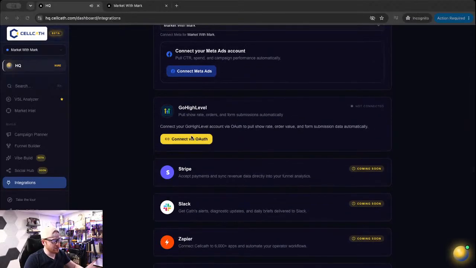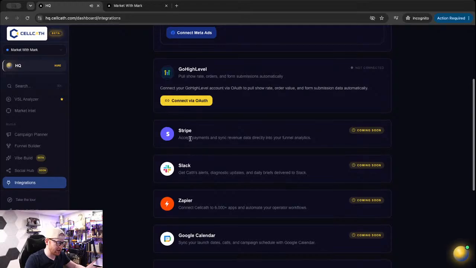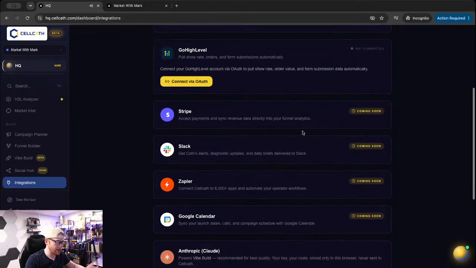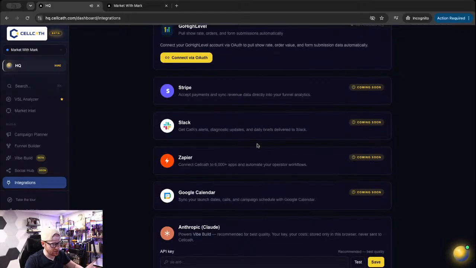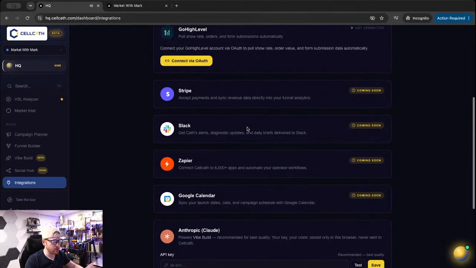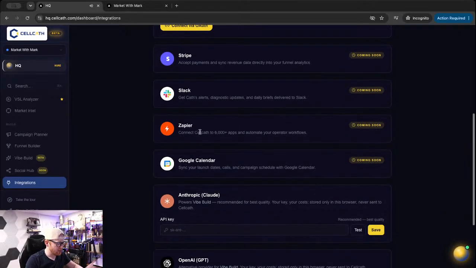And we have a Go High Level integration, and I'm going to be building out the functionality more of this, but right now you can select your funnels and whatnot directly from Go High Level. But this is really baked in from the 1.0 when I was trying to pull funnel data directly through GHL, which the Pixel ended up being a way better way. But you can link your Go High Level account. We're going to be linking to Stripe, so you can actually track your revenue from different offers. You're going to be able to link to Slack, and the idea there is you'll be able to basically run Cath through Slack. So if you're in a Slack channel, you can say, at Cath, add this or do this. Zapier,